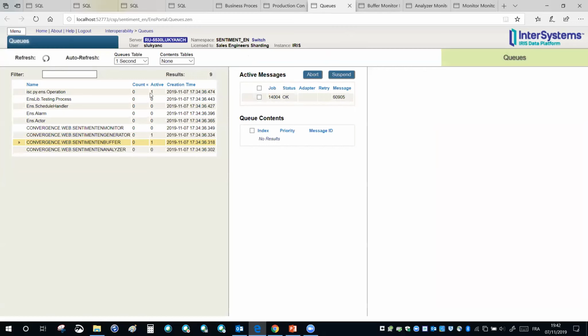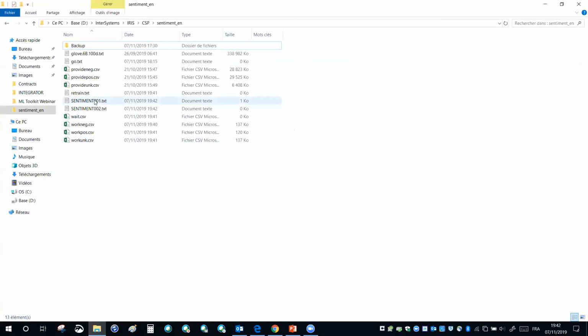Why? Because now the analyzer process is starting to interact with Python, and you see that Python operation is now active. So it's doing the training work and creating for us all the layers of that sentiment analysis pipeline that involves vectorization and neural net training.